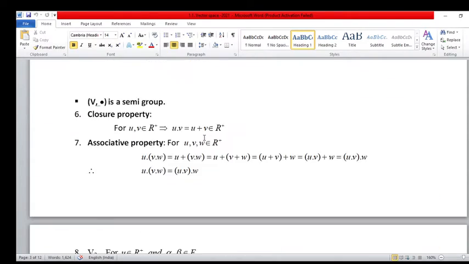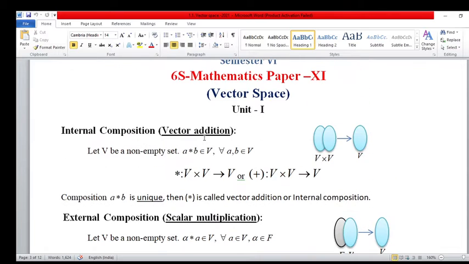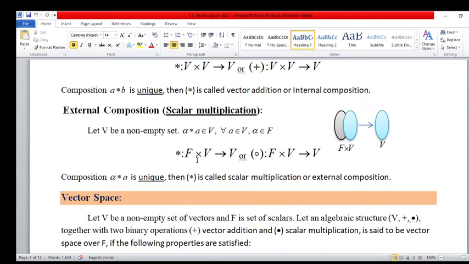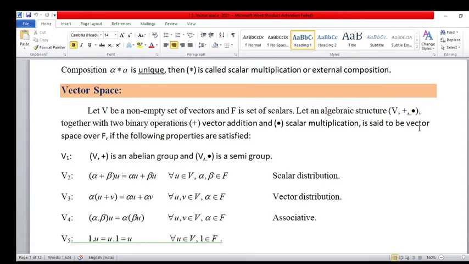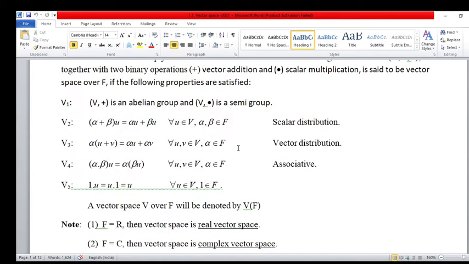In the previous lecture we have seen the definition of vector space and its supporting definitions. Internal composition, or vector addition. This is the vector addition. V cross V means vector cross vector, a multiplication of two vectors, and we obtain a vector. And multiplication with a scalar, we again obtain a vector. So this is the field, this is the vector, meaning scalar into vector is equal to this. And the definition of vector space: an algebraic structure is called a vector space under addition and multiplication if the following properties are satisfied. We have 5 properties v1, v2, v3, v4 and v5.